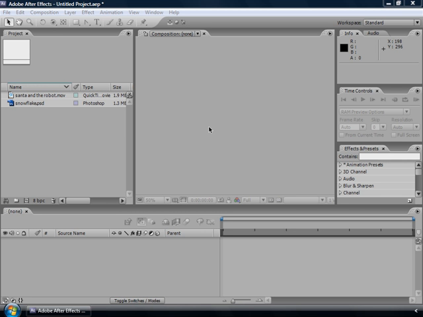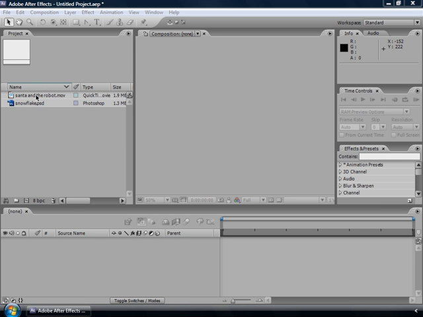The critical component of compositions are the layers inside of them. Earlier, I drew the analogy between compositions being boxes of stuff. Well, if compositions are the boxes, then layers are the stuff. So we're going to take this movie here and basically get you a little bit more familiar with the concept